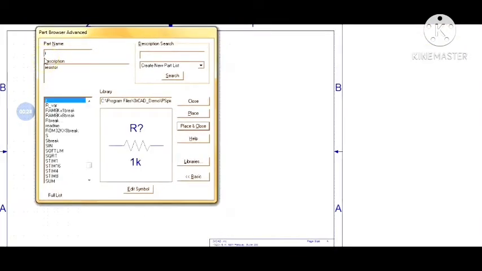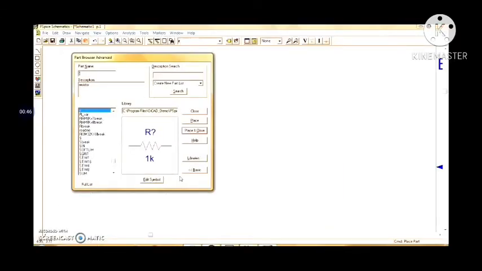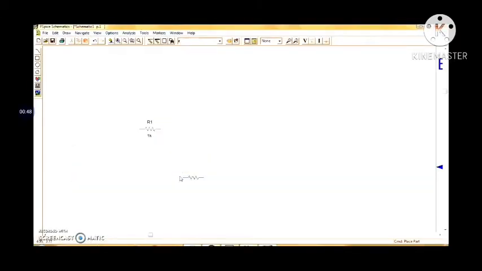Now we have to select the first component, that is the resistor. I am just typing R. You can see the resistor, and you have to press enter on your keyboard. This will appear on the workspace. Again I will choose another resistor by pressing Ctrl G and then enter, click it on the workspace and then escape.